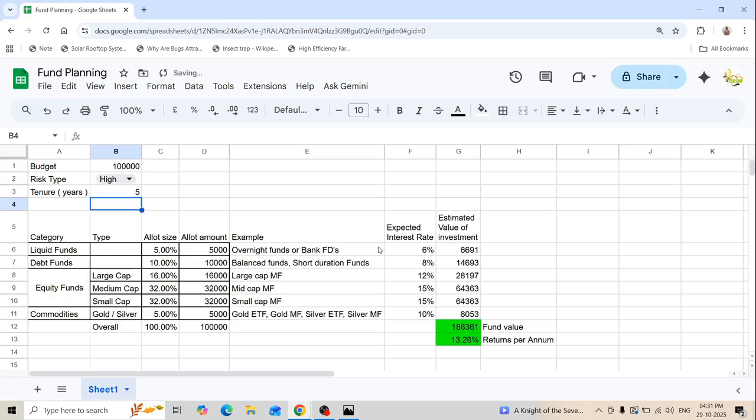This is the basic concept which everyone can use in their day-to-day life. If you have a fund and you need to understand how much to allocate to which category, such that your annualized returns will be some X percentage or Y percentage, many people think and ask everyone where to invest. So this is a sample view and analysis you can use